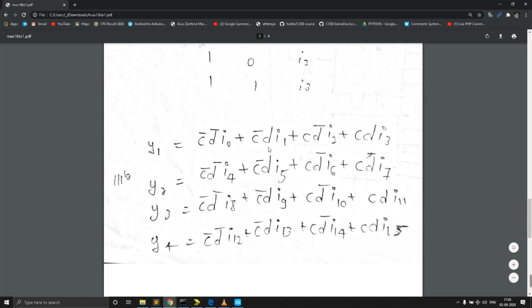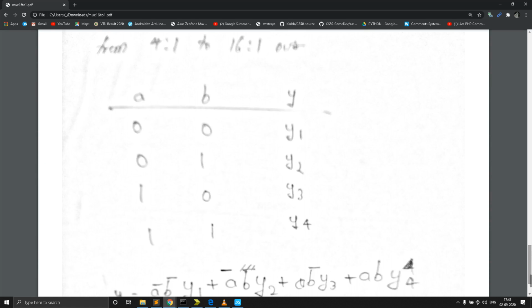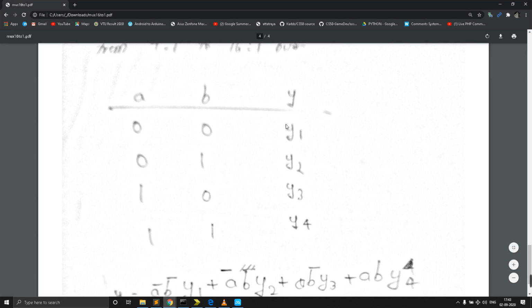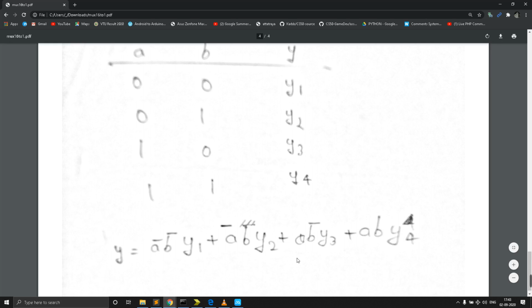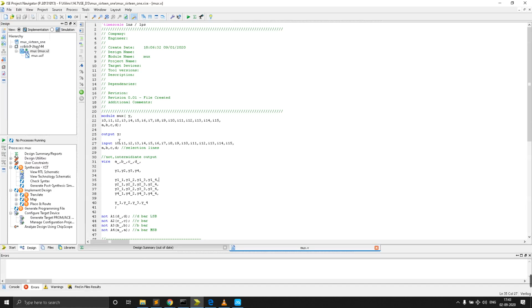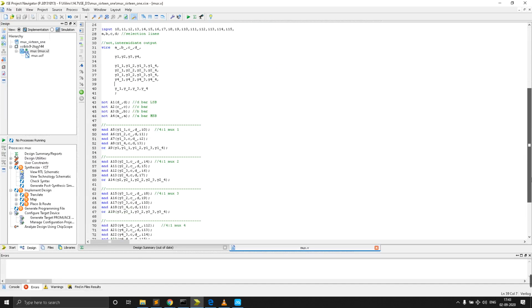It is similar, but only the inputs change, and we give those to another main mux. This is with A, B, and here we are giving y1, y2, y3, y4. They are the intermediate outputs of those muxes that we are giving to the other mux, and this is our final output.